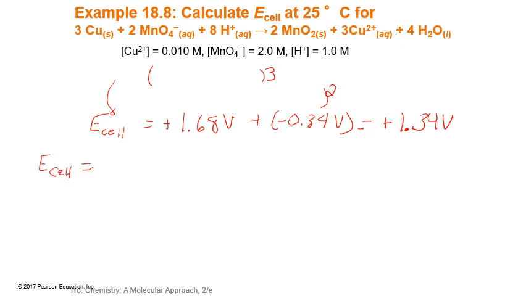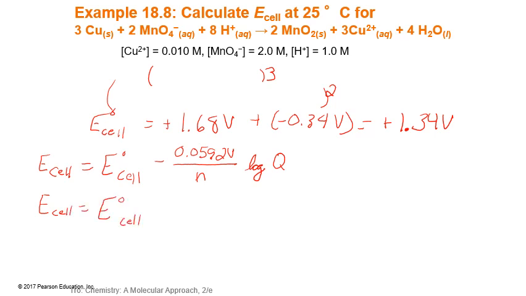Our Ecell is equal to the standard cell potential minus 0.0592 volts over the number of electrons times the log of Q. So in this case, our Q is going to be